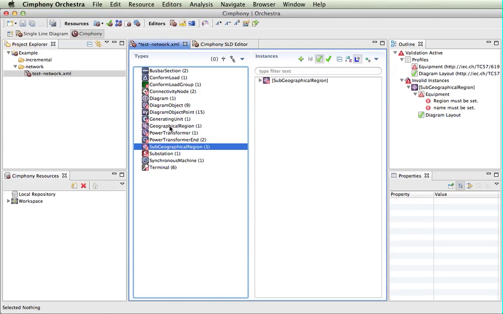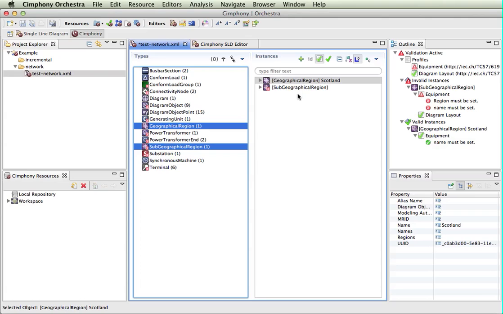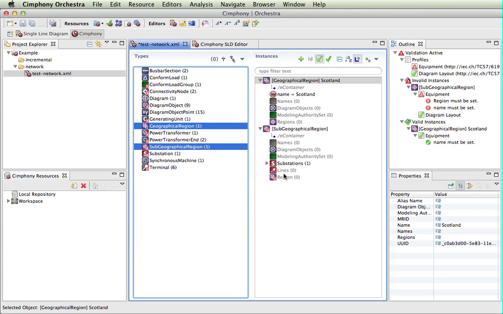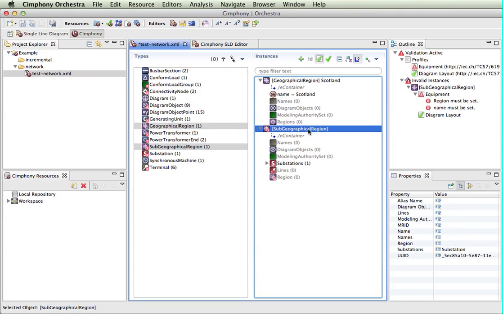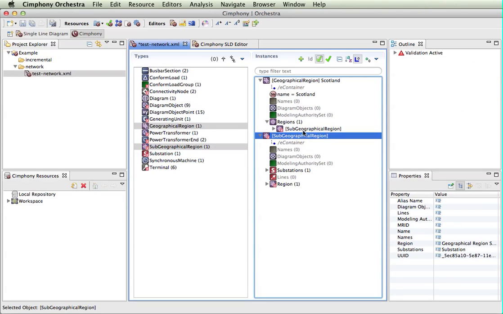If we select both of these, we can load up both instances within the instances window and expand them out. And at this point, we could decide that within the region's association of geographical region, we can drag our subgeographical region in to add it. So now if we click on our